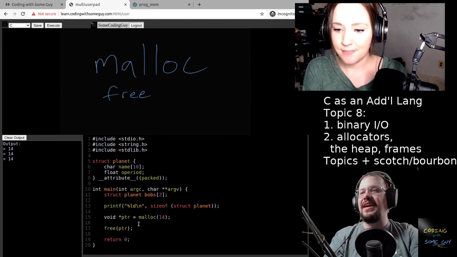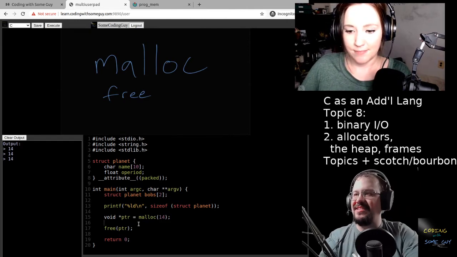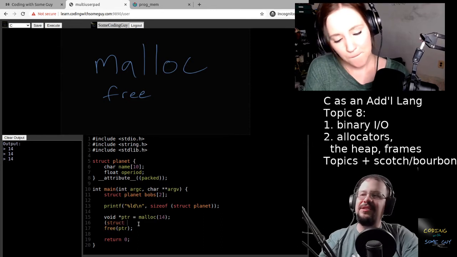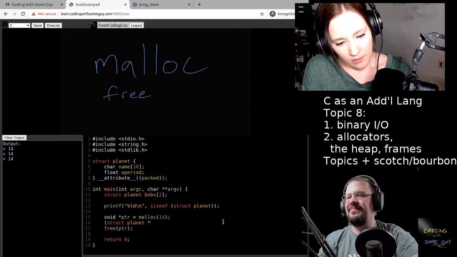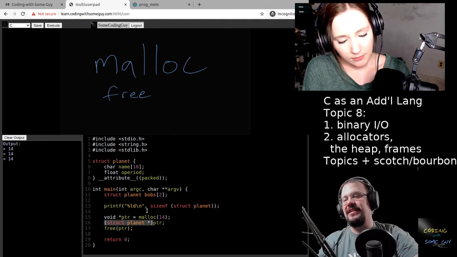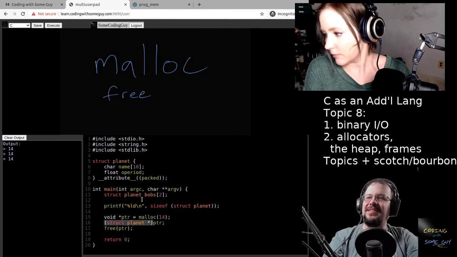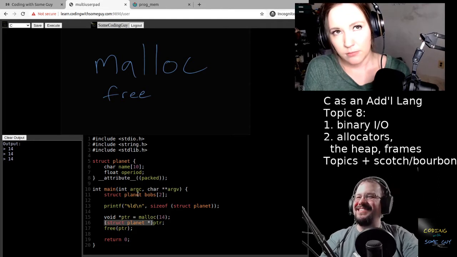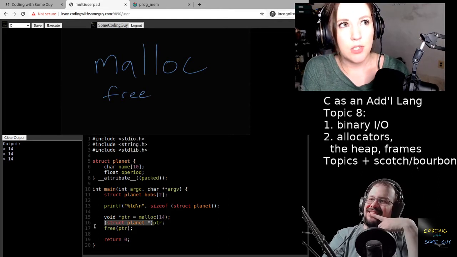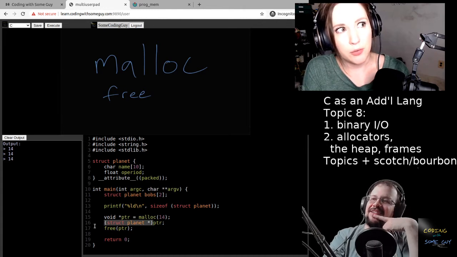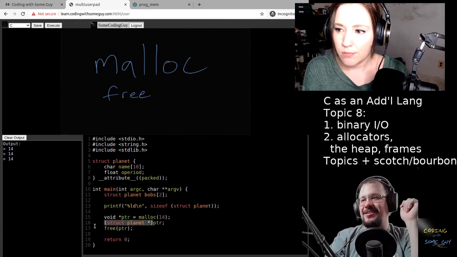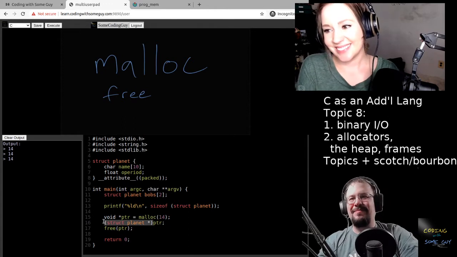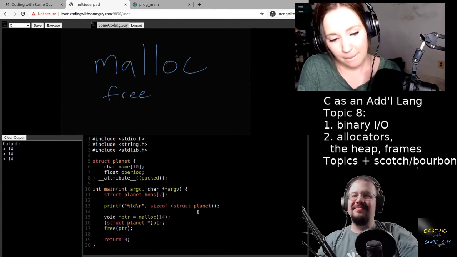Now we can start overlaying semantics on top of this, because we know how to cast things. So we can say something like, I want you to treat this thing as a planet pointer. This is basically going to force it to be that. Like Nathaniel told you before, this is you telling the compiler, I know better than you. If you try to cast something where the data types don't match, you get to keep both pieces. You're lucky if it crashes. That's one of those things about C. But dynamic memory does get kind of disastrous quickly.